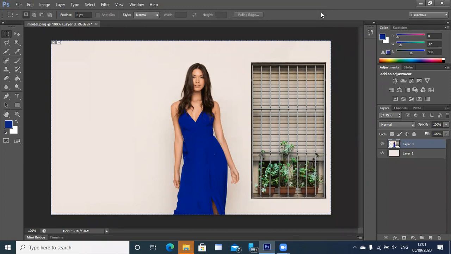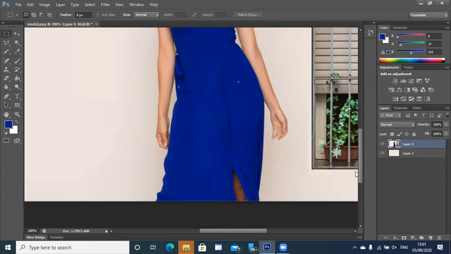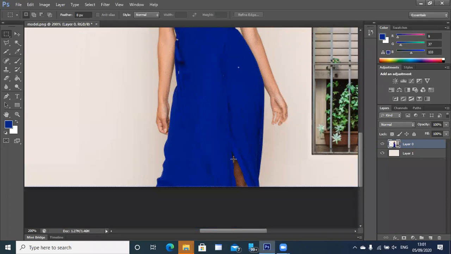Spot healing brush is basically, if I want to remove any blemishes from the image, I can use a spot healing brush tool, which will, if you simply click on the mouse and move to the sample areas or surrounding areas, remove a certain area from the selection. For example, in this model, if you just look below, I'm just moving a little down on the model's image. I want to cover this area. I can use a spot healing brush tool to cover the area of the image.